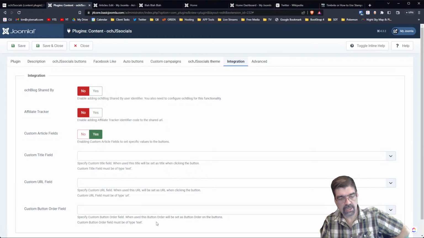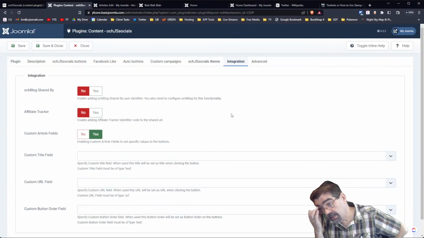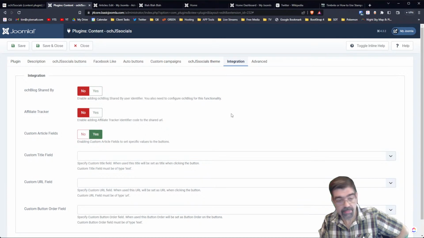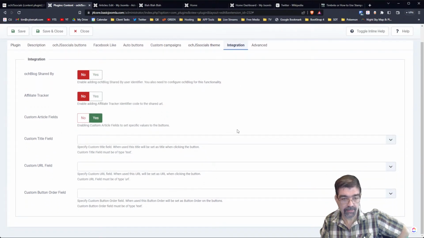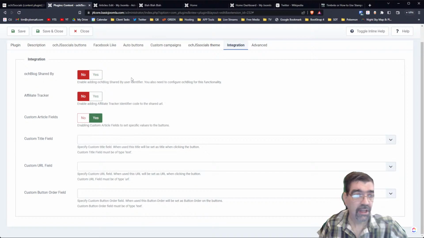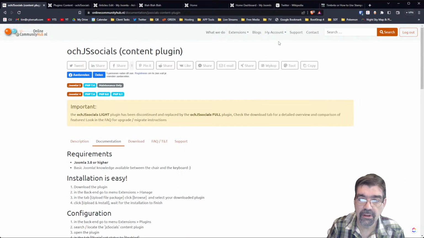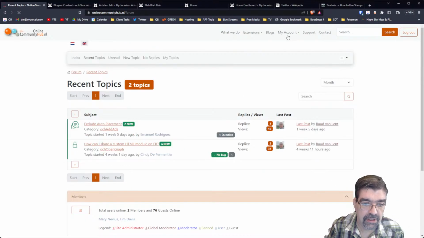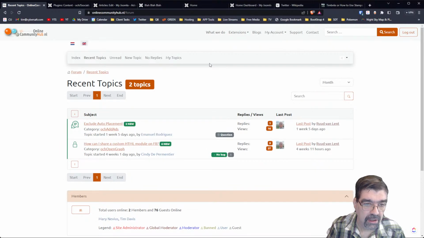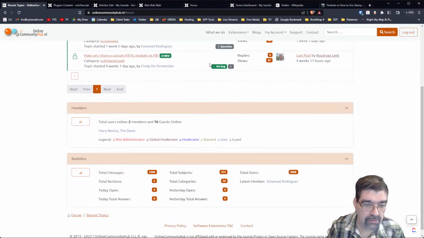Specify custom button order field. Okay, so you can change. All right, interesting. All right, so there's something that you can do here. Enable custom article fields to specific values. I wonder if we go to support and we go to,